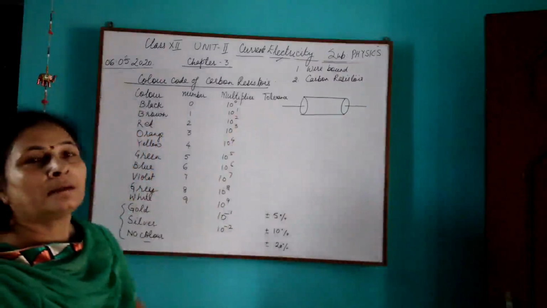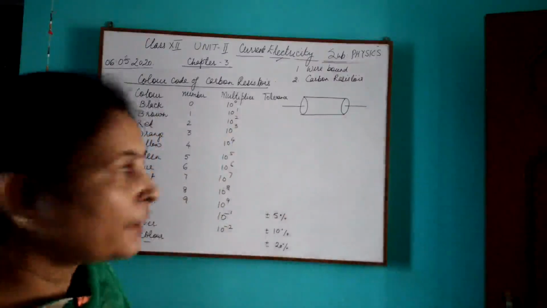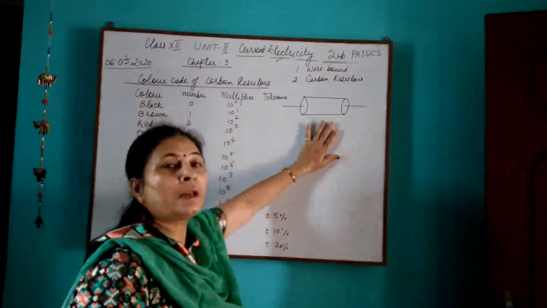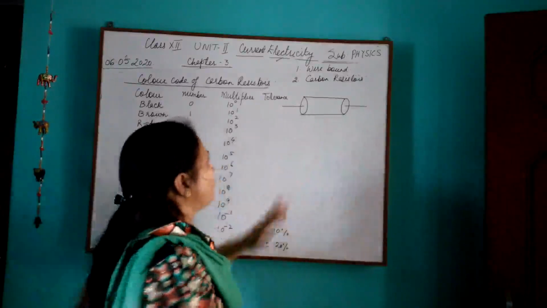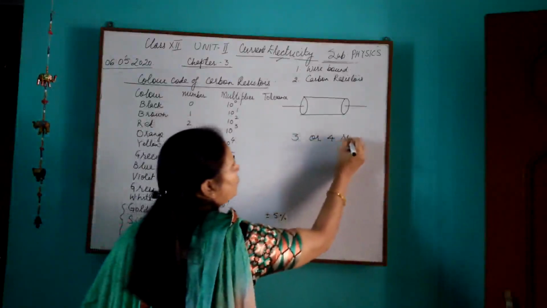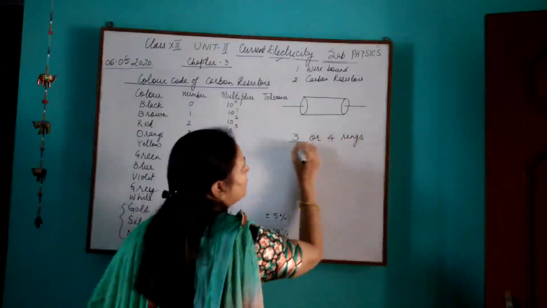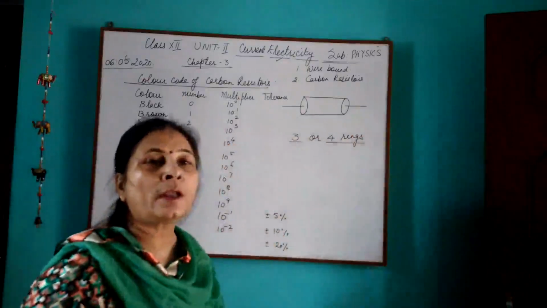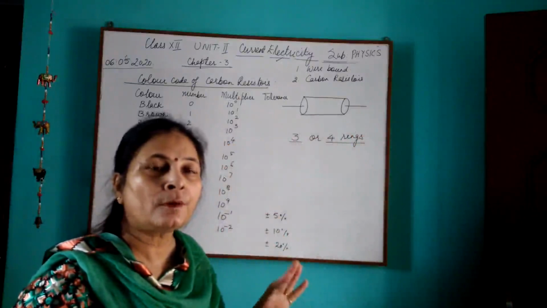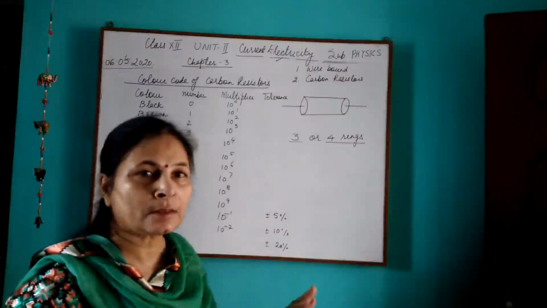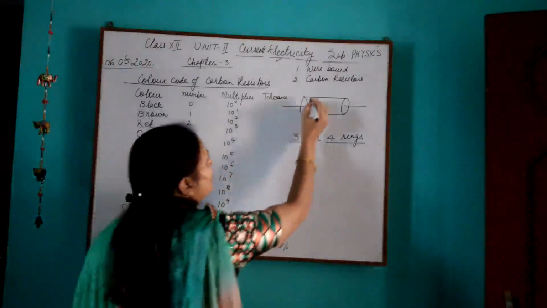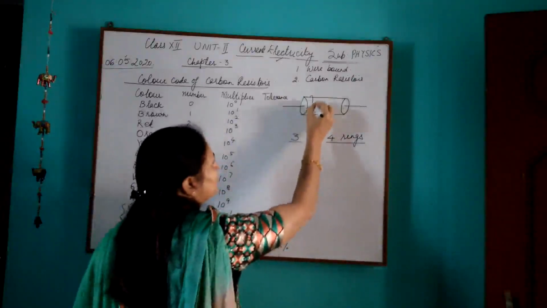Now how the colors are there on the cylindrical carbon resistors. See, this carbon resistor will have 3 or 4 rings. It cannot have 2 rings. Either it will have 3 or it will have 4. We'll talk about 4 rings so that you'll be able to understand the 3 by itself. So 1, say 2,